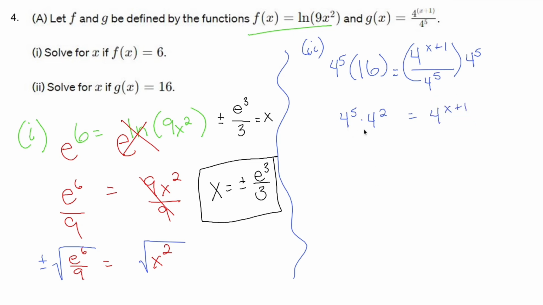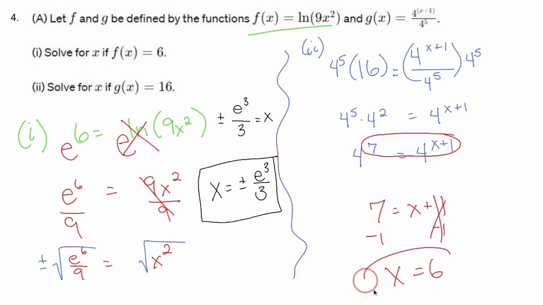Just like we saw on this slide that told us all the rules that we were supposed to use, whenever you multiply terms of the same base, you add the exponents. And if you're like, what do I do? Should I get logs? Nope. If you have 4 to the stuff equals 4 to the stuff, set the stuffs equal to each other. So 4 to the 7 equals 4 to the x plus 1 means 7 equals x plus 1. Because you would log base 4 both sides, make the 4's go away, and this would just happen anyway. Subtract 1, x is going to equal